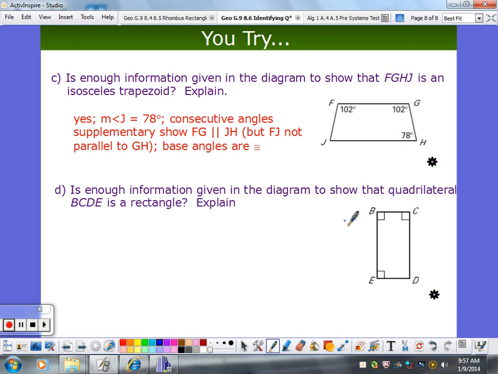Is there enough information to show that this is an isosceles trapezoid? Well, I subtracted 360 minus these angles and I get 78 degrees there. They add up to 180 this way, but not that way. So it is a trapezoid, and I see these congruent base angles, so I know this is an isosceles trapezoid. This guy here, do I know that this is a rectangle? Yes, I do. If I have 3 right angles, I have 4 right